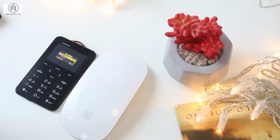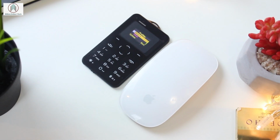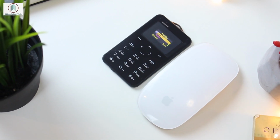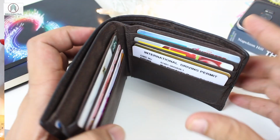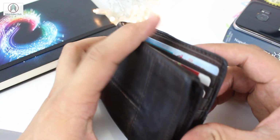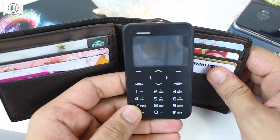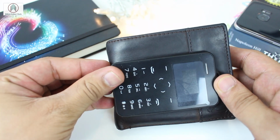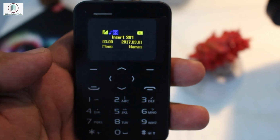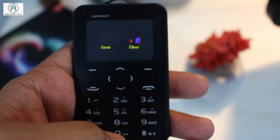You may not be able to use fancy apps like YouTube, Facebook, Instagram or any internet. For your information, this mobile is not waterproof. But here's the deal, if you're looking for the thinnest best downgrade money can buy, this card phone is probably the best option out there. To change the IMEI number of this mobile, we need to type a code